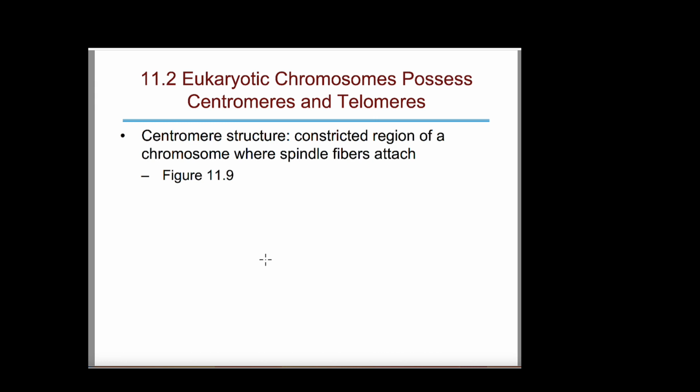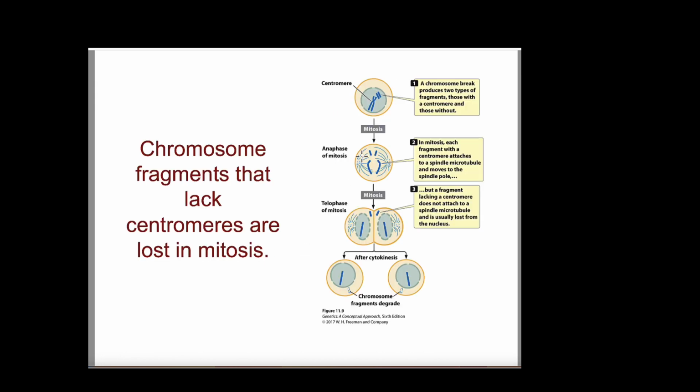So let's look at the centromere. Okay, the centromere again is one of the types of heterochromatin that is essential in many aspects and processes of the cell, specifically dealing with cellular division. The centromere is this restricted or constricted region of the chromosome where those spindle fibers attach. And what's important is it is repeated DNA. So it doesn't code for protein, but it's important because when a chromosome lacks a centromere, it can be lost